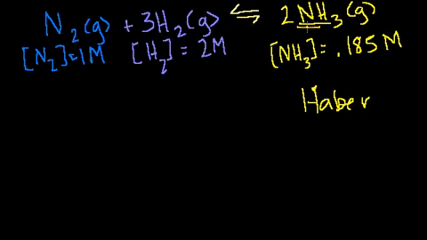Notice the concentrations of nitrogen and hydrogen are very different than the concentration of ammonia, which is much less. What equilibrium tells us is that once we get to this concentration of nitrogen and hydrogen, the rate of reaction of going in the rightward direction is the same as the rate of reaction of going in the leftward direction when we have this much ammonia. So let's just think about what that rate of reaction means, and then I'll tell you how I think about it. At least how I think about it is that if you have some small volume,